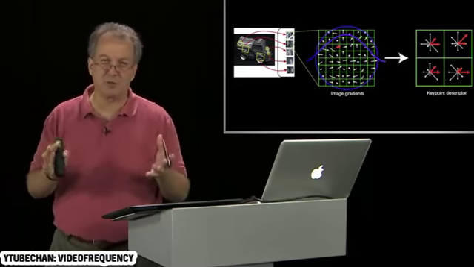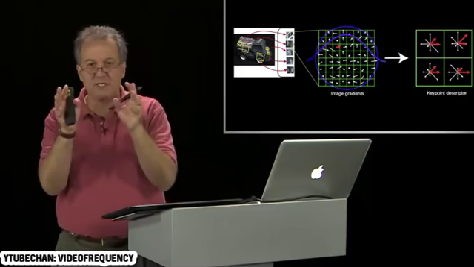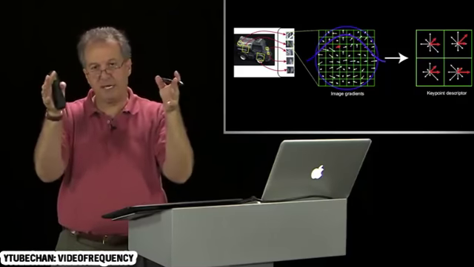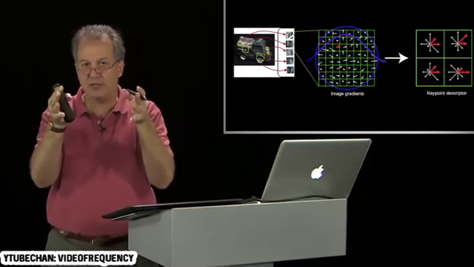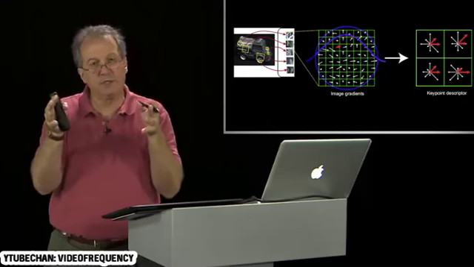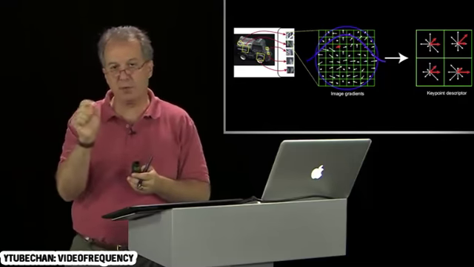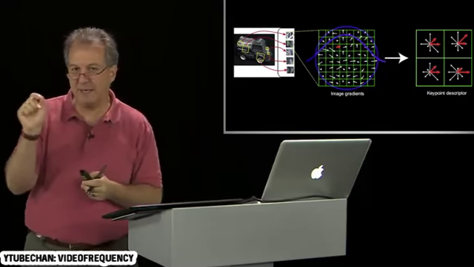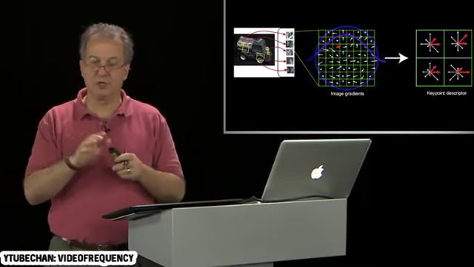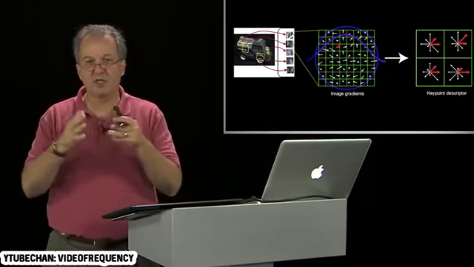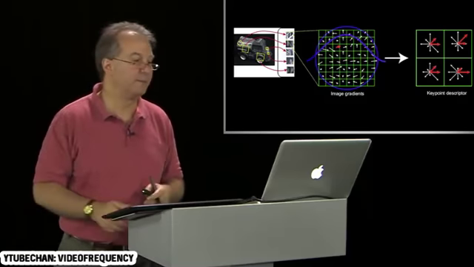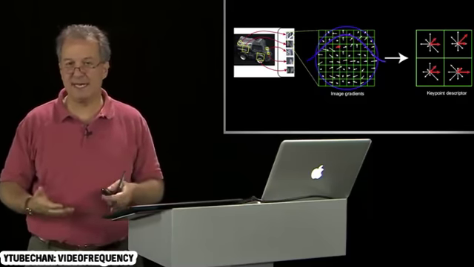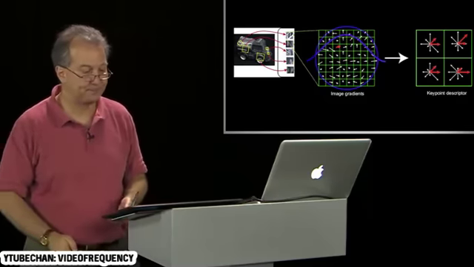The details don't matter so much, but what it means is that if you get a small shift in where this neighborhood of 8 by 8 or 16 by 16 pixels lands, you don't get a large change in the descriptor. And that's really important because when you relocalize a point from one image to the next, you may not land in exactly the same spot. So this smoothness allows you to get a very slow change in the descriptor as you move just a little bit, and that's really important. This also is why I said it takes effort to make these SIFT libraries function. One of the things you don't want to do is